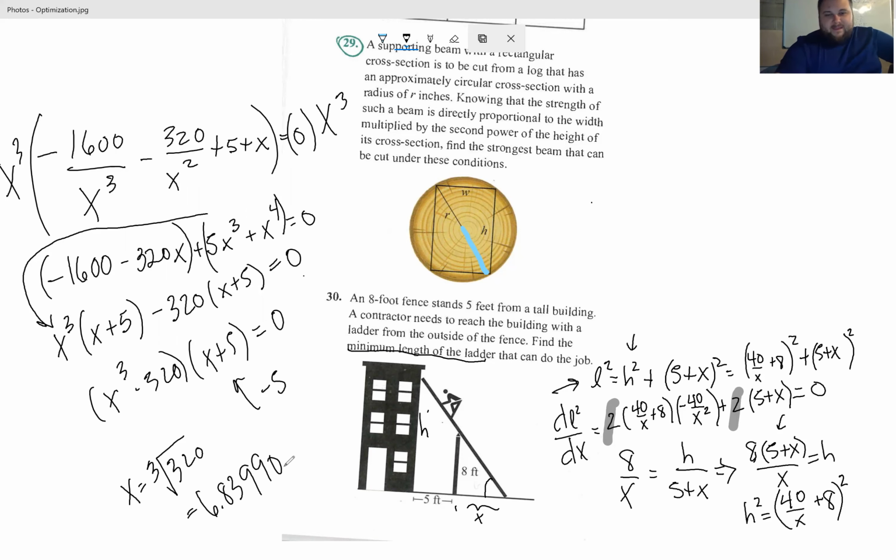And then once we have x, if you want to find L, you would just do h squared plus 5 plus x squared. So L equals the square root of,